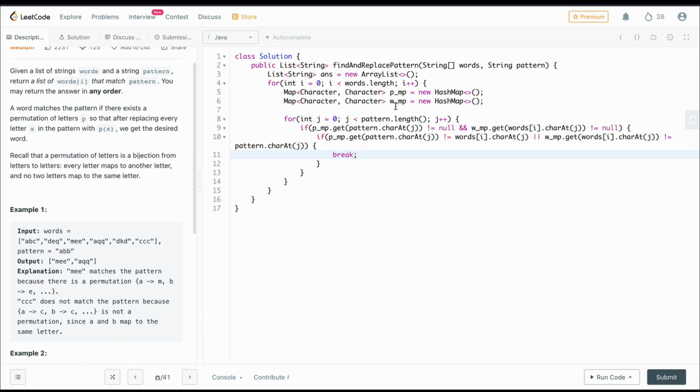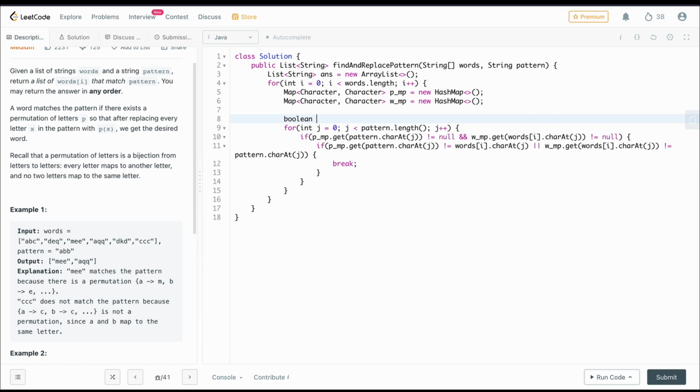We add a boolean check and mark it as false, as this string is not our answer. Lastly, when we come out of the loop, we check if this boolean is true, and only then add the string to our answer list.